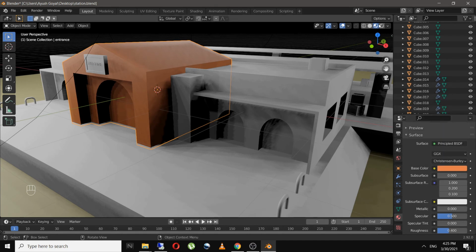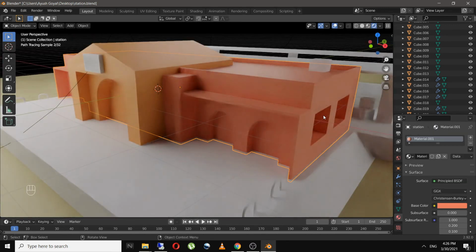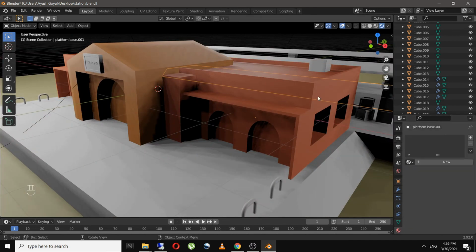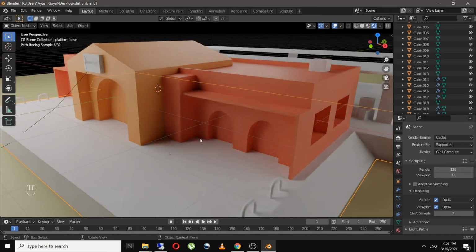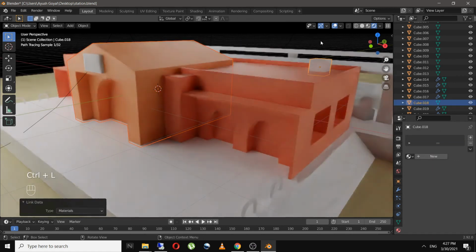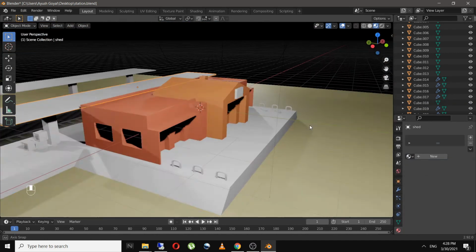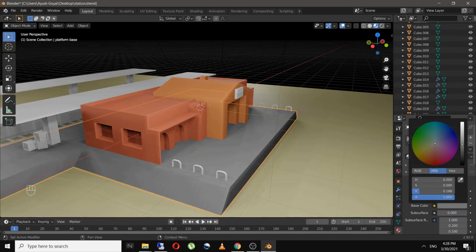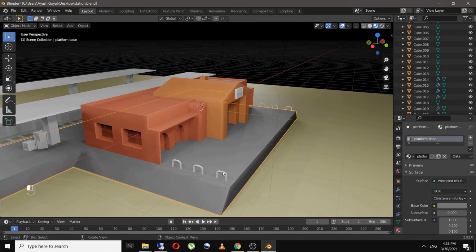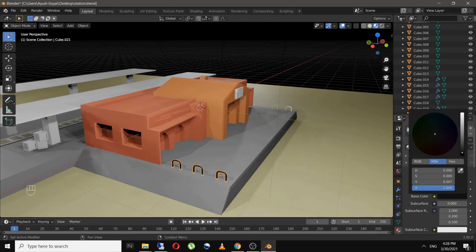Now I will do the same thing for the rest of the models. For the barricade, I'm going to add in a black metallish color.